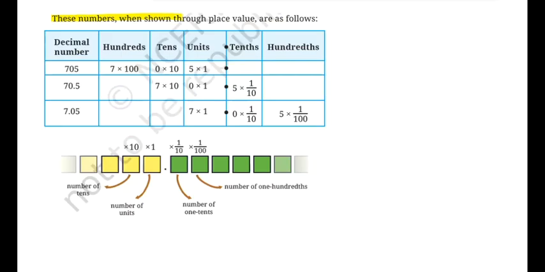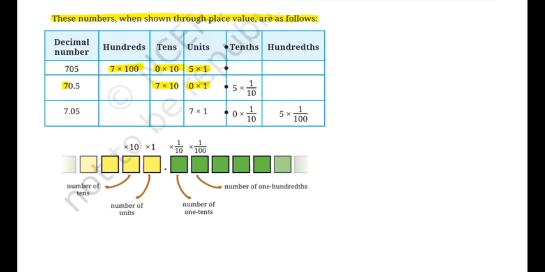These numbers, when shown through the place value, are as follows. So let's look at the place value. I have already explained this above. So 705 would be 7 times 100, 0 times 10, and 5 times 1. Then you put a decimal point, and since we do not have any values, these are blank spaces. Then 70.5, so 7 is at the tens place, 0 times 1, then decimal, and 5 is at the